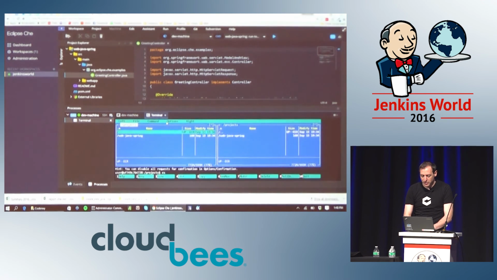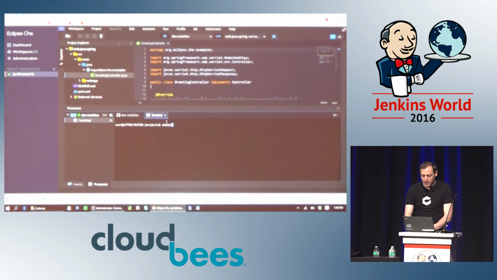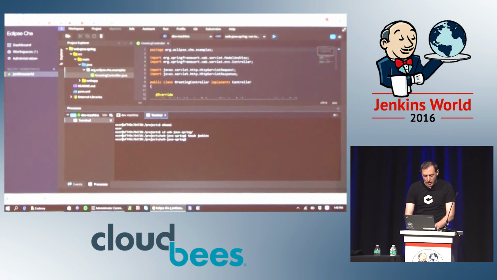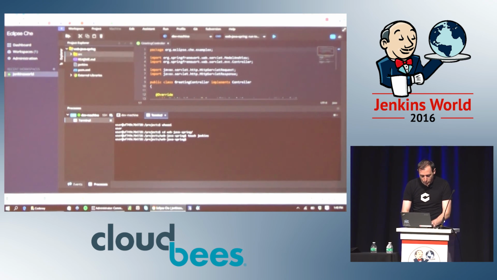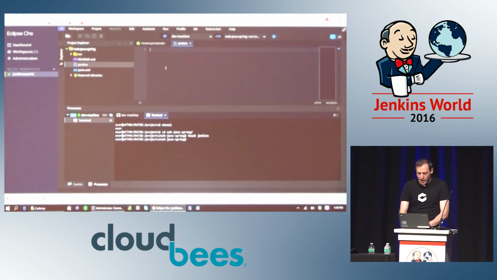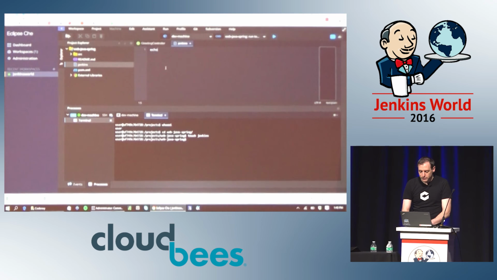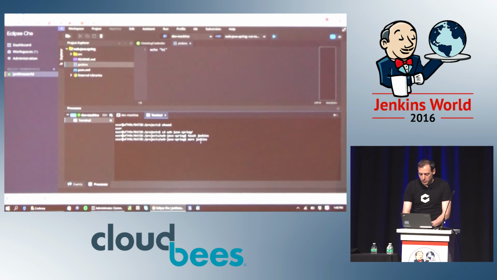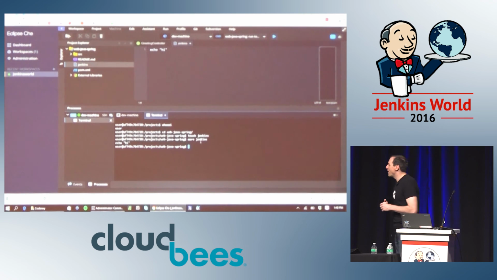I can run Midnight Commander, which is a fun thing to do. I can see who I am. And I can go into this directory. I can touch Jenkins in that. Oh, there it goes. You saw that I opened that file. I can echo hi there, and I can do more Jenkins, and so it's all synchronized in that regard on